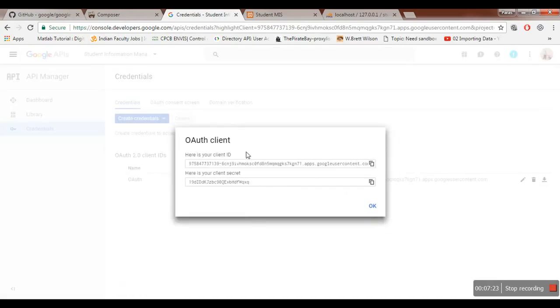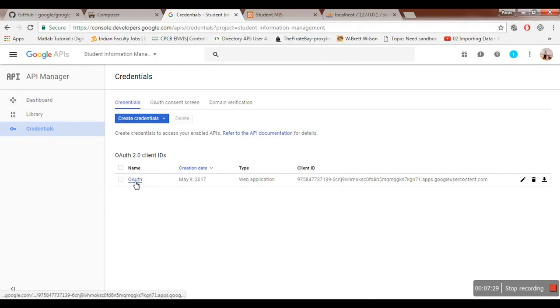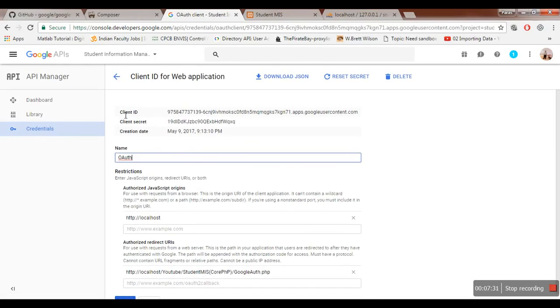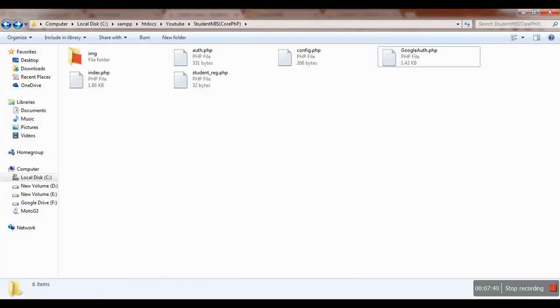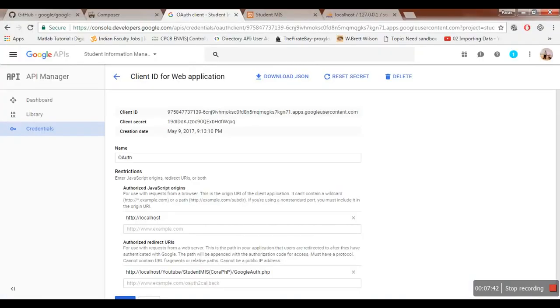and it gives me my client IDs. Now these ones are important, so you can copy them from here. If you see, these are available now. You have your client ID over here, and you have your client secret over here. Now the next step that you need to do is, first of all, you need to have the Google Auth API.